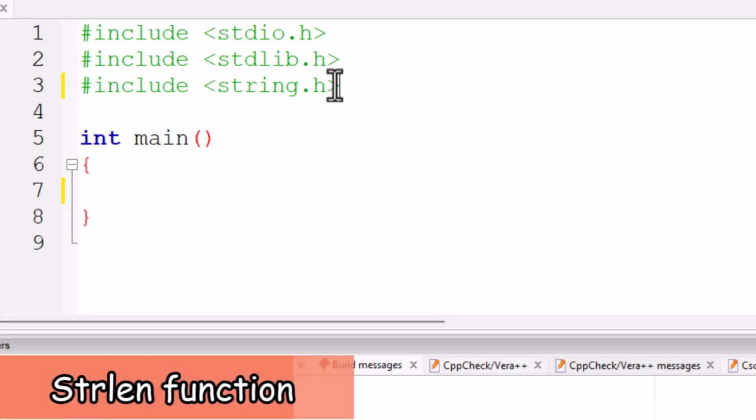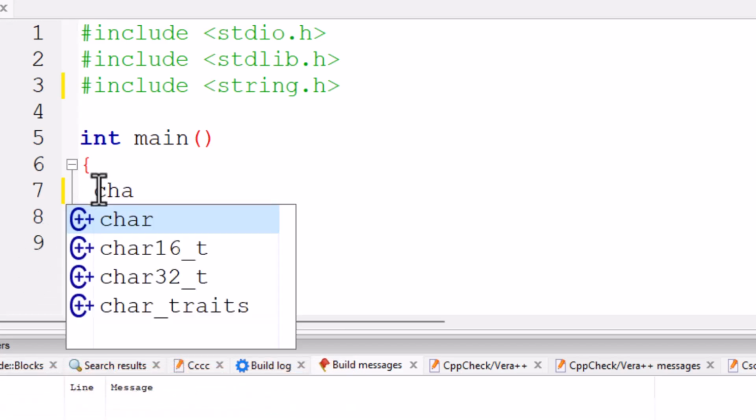For example, to get the length of a string, you can use the string length function to get that length, right? Okay, so to do that, let me first of all create a variable here, because it's a character. And guys, remember, in C we don't really have strings as a variable type. We just put them in terms of characters, and we put them in an array, so we have a string there. So char,